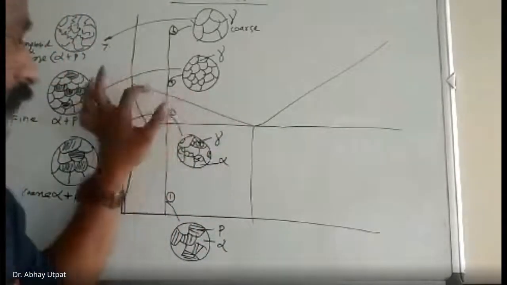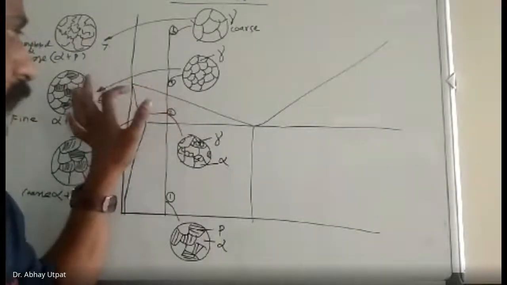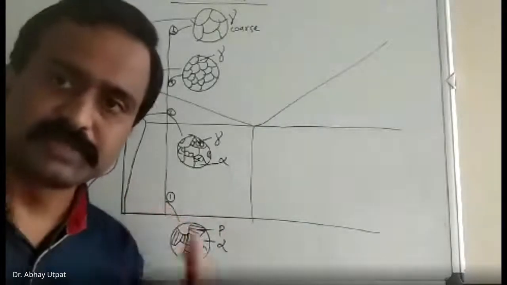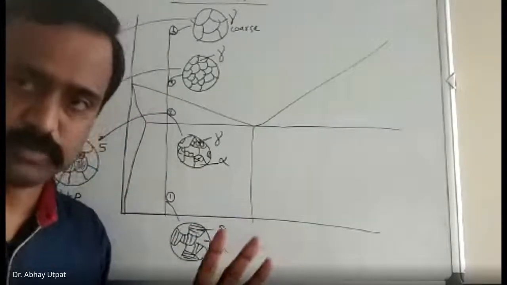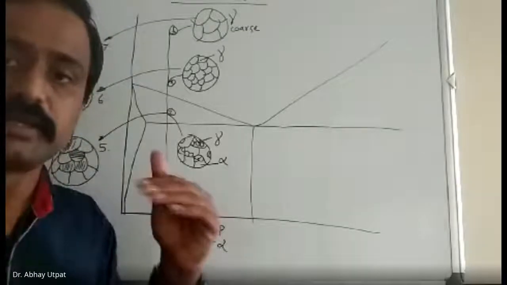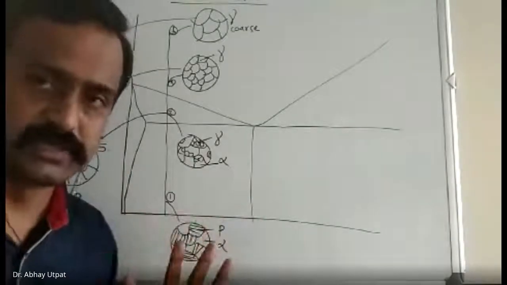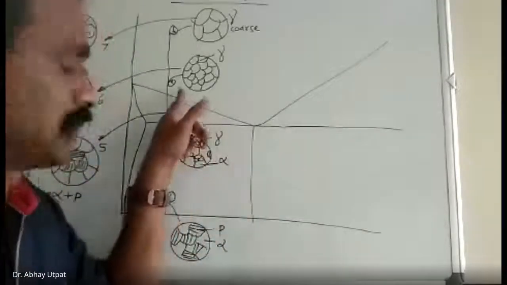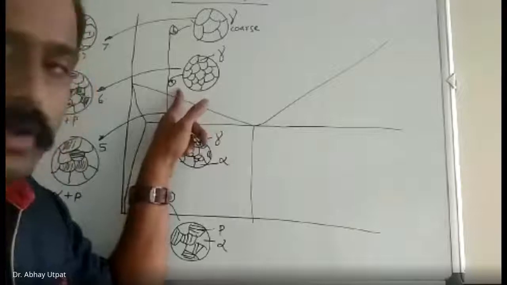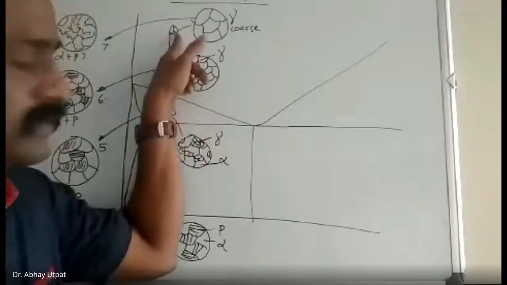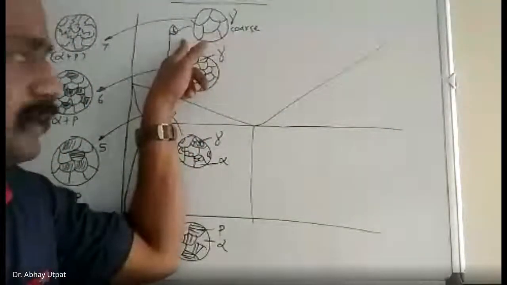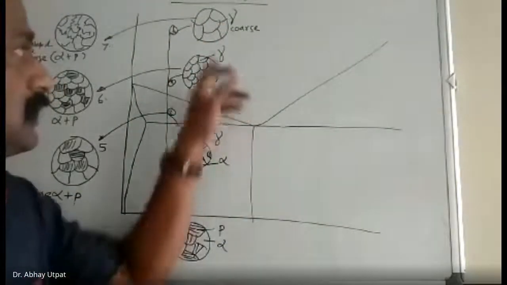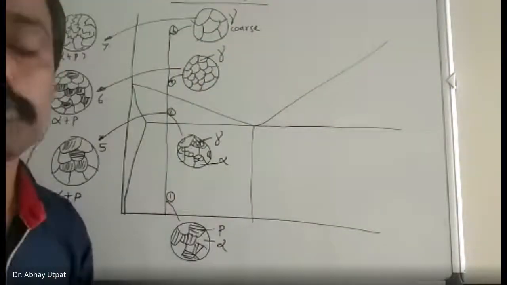This is the A3 line. As soon as you cross this line, no alpha also is stable above A3. So BCC and BCC plus orthorhombic, whatever may be the mixture, it will convert into only FCC, and only FCC is austenite. That is at point number 3. It is shown here. If you go on, it is at point number 4. It is again FCC. But what is the difference between 3 and 4? Difference between 3 and 4 is this fourth number structure is very coarse structure.